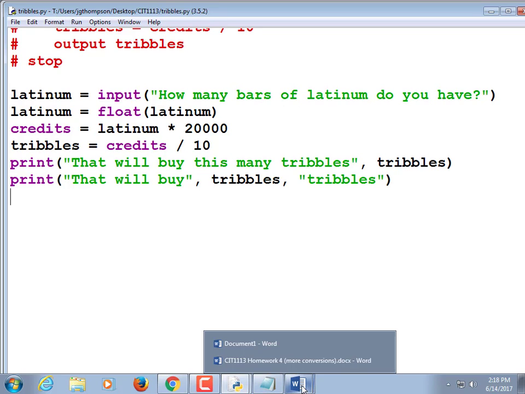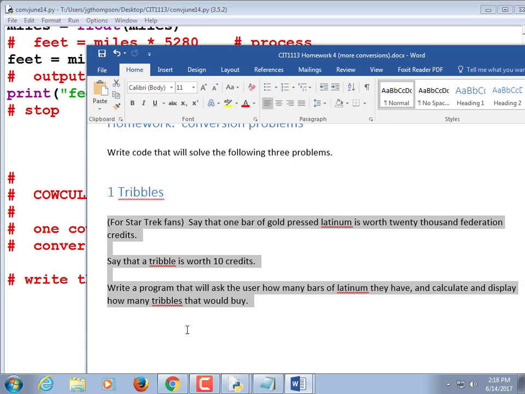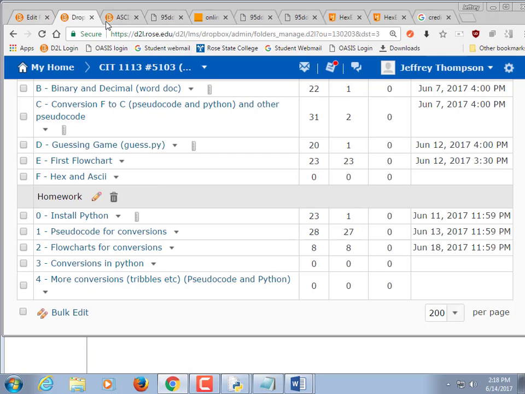What were we supposed to upload for Dropbox app? Let me look. All right, F was when I was asking you to do that binary to hex and that hex to ASCII. So if you didn't do it, if you did it on paper, just upload a file that said I did it on paper. Is that cool? I know some people like handwritten notes. Yes, sir. Now that doesn't work for homework assignments, but for equal,